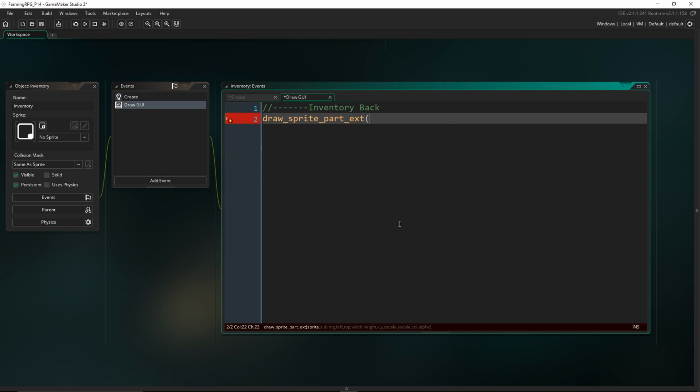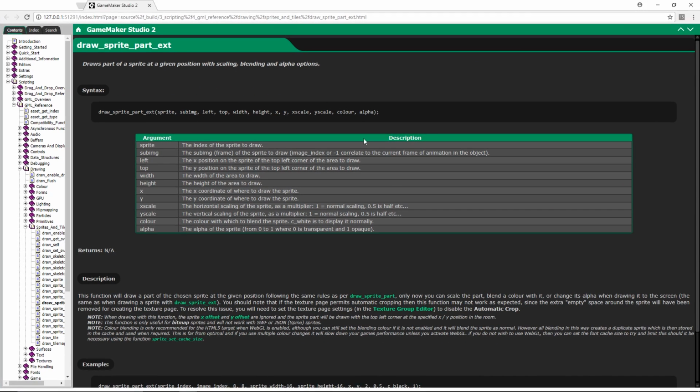Right, and so we'll refer to that. The sub image that we have to give it is just 0. There's only one frame in that sprite. This left and top is going to refer to where we're starting to draw. If you just middle click on this, it'll bring up the documentation on that, and you can see right here, it's the X position on the sprite of the top left corner of the area to draw. So if you remember, that was 32 over